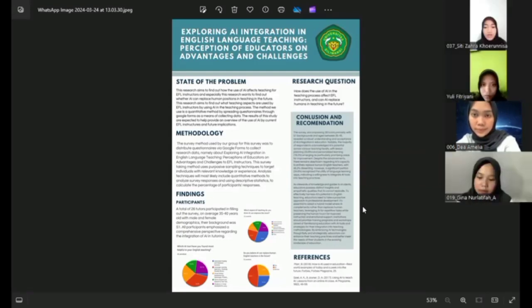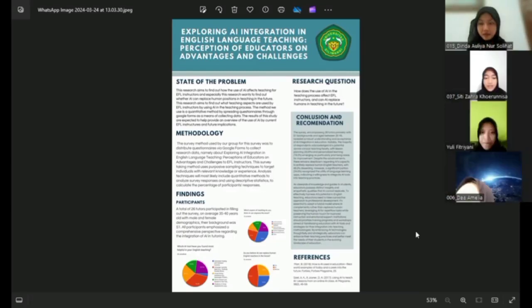Notably, the majority of respondents acknowledge AI's potential across various teaching facets, with lesson planning at 30.8% and personalized learning at 19.2% emerging as particularly promising areas for improvement.